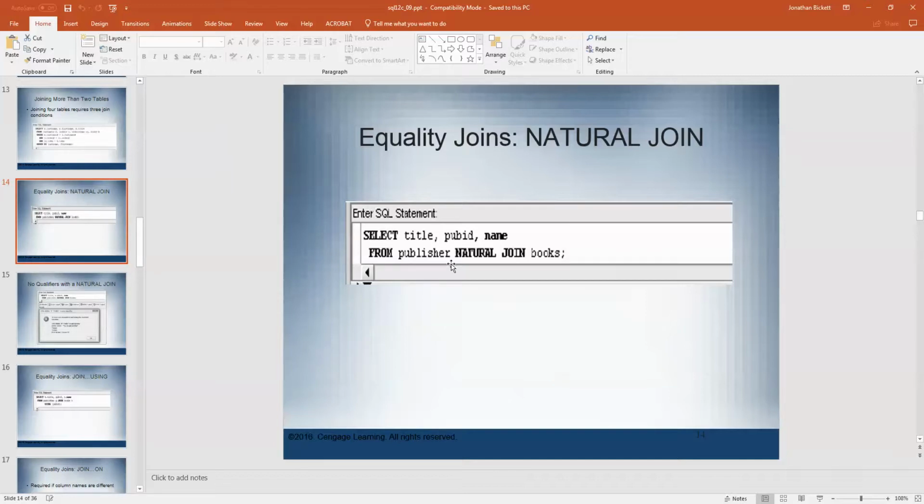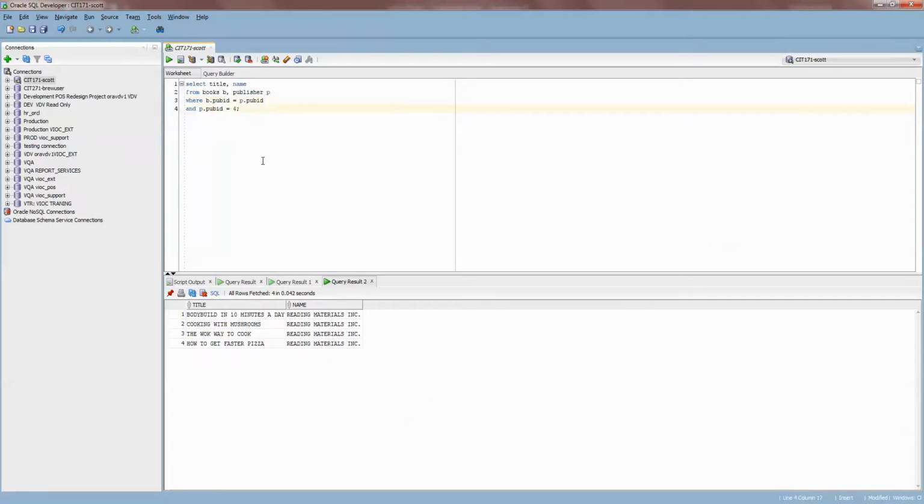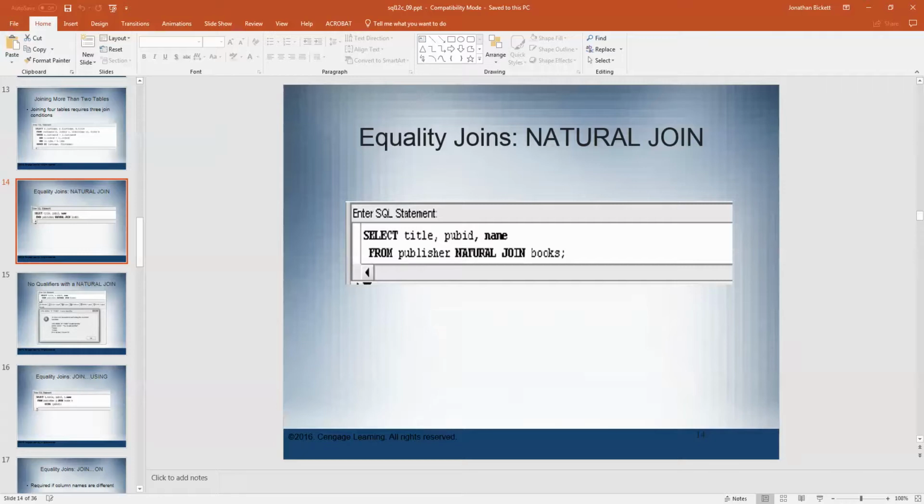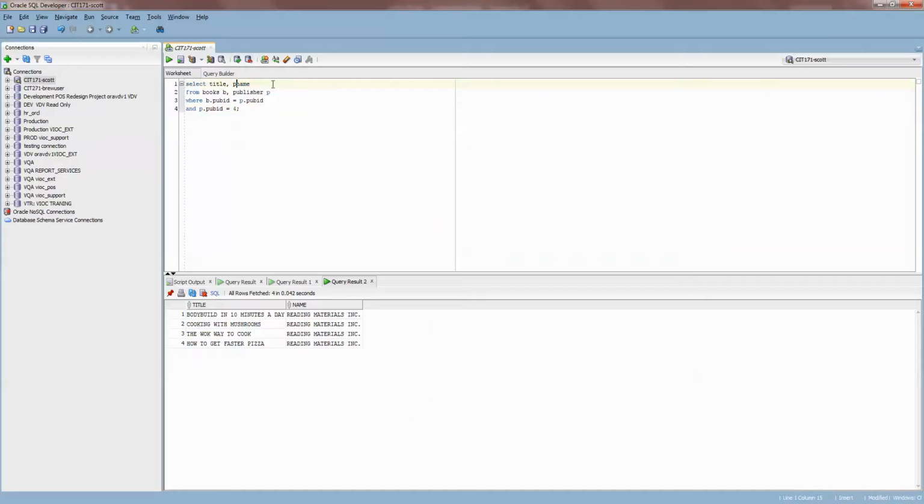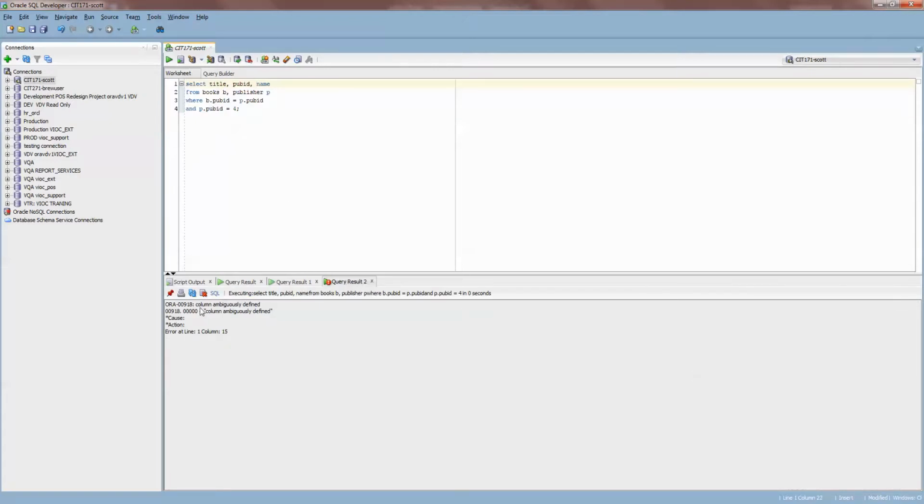So in this query, we're going to select again the title, the pub ID, and name from publisher with a natural join on books. And one other thing I just thought of that I wanted to go back and show you here is if I try to select pub ID here, I'm going to get a column ambiguously defined. So if you try to select a column where the column name exists in both tables, whether they're actually related or not, it's possible that they're not related,